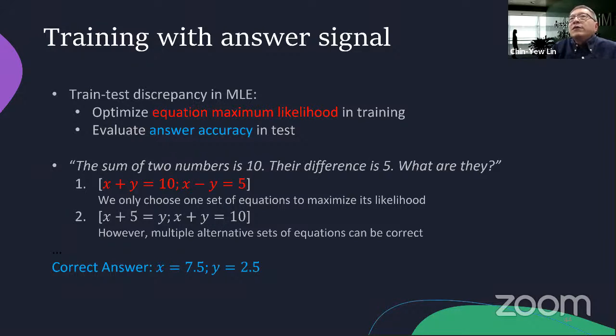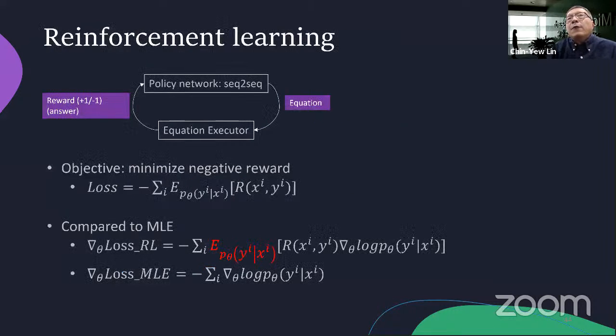So we don't want to just use maximum likelihood. We want to have some kind of credit assignment, which is, at the end of the day, if the equation executes with the answer we know is correct, then all these equations that have the same, correct answer should get credit. So we can apply reinforcement learning here by adding a batch of the correct equations into this optimization process instead of just using maximum likelihood. We use the sequence network to evaluate, and the result comes back as a reward. If it's correct, then it's a positive reward. If it's not, then we penalize the